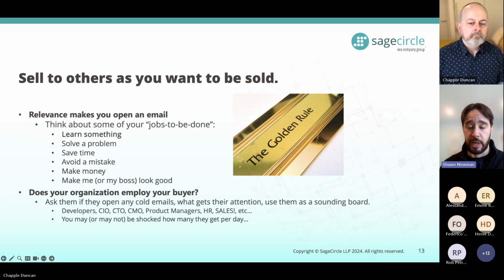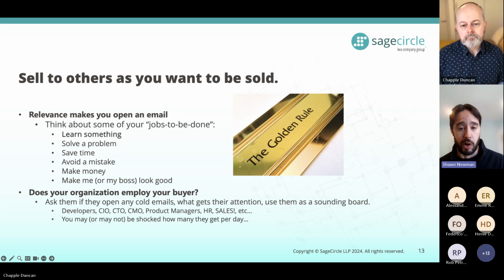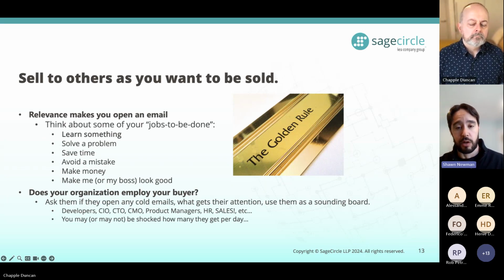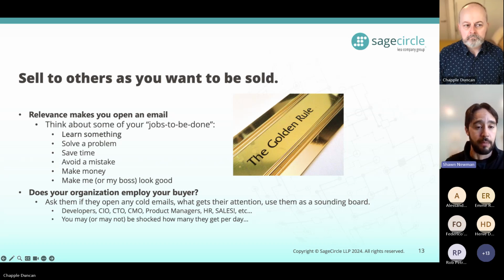So from an analyst concept, that's our bread and butter, right? We're ahead of the game. We're helping them stay on top of trends. We're helping them understand where the market's headed. So we can constantly be feeding our buyers and our prospects with new concepts that they can learn. And when you're building awareness, that's a super important concept to keep in the back of your mind. How is what you're putting out there helping them learn something?